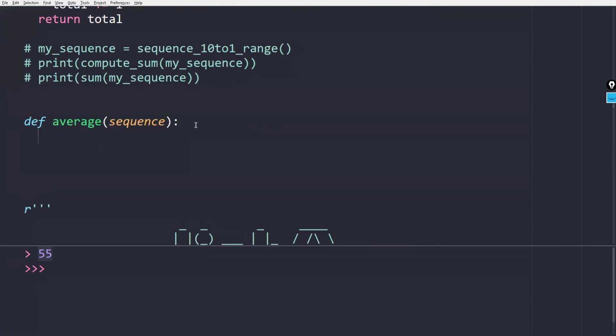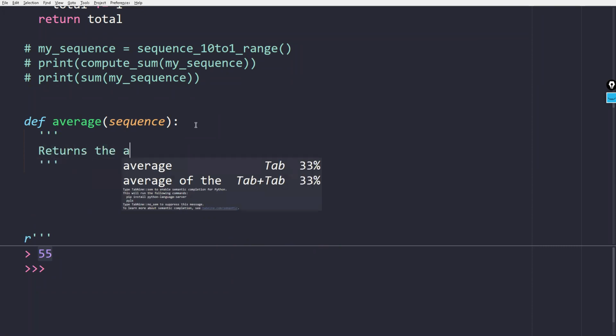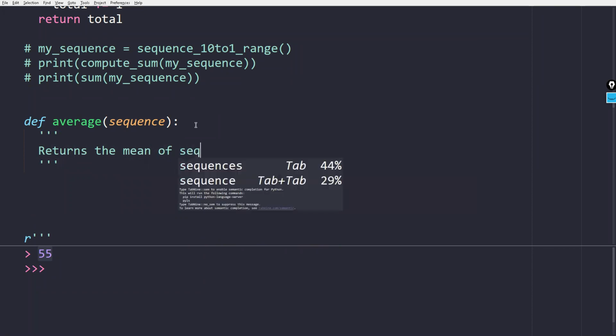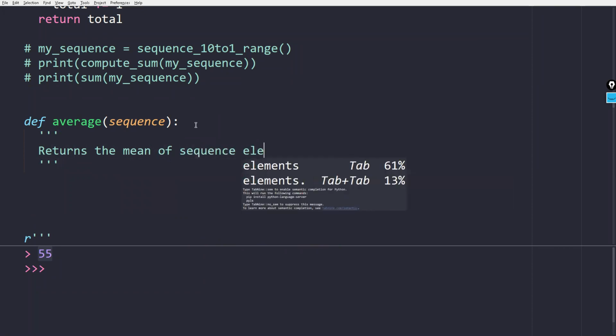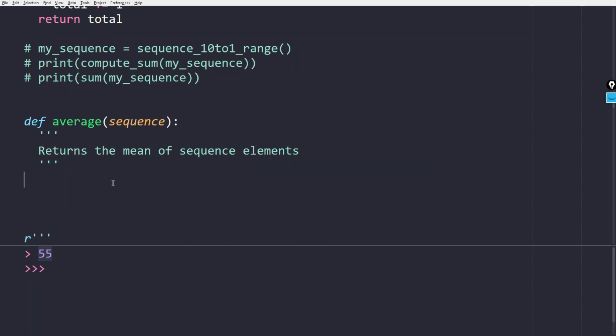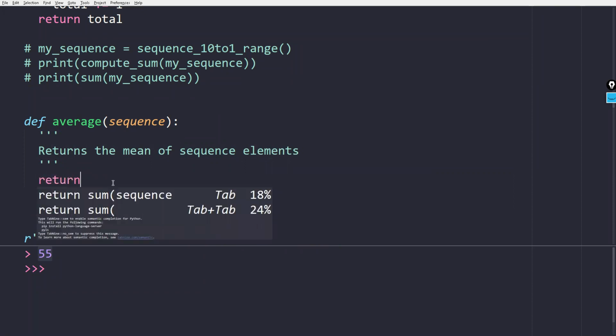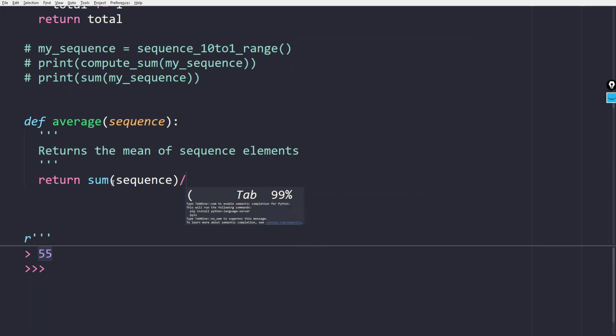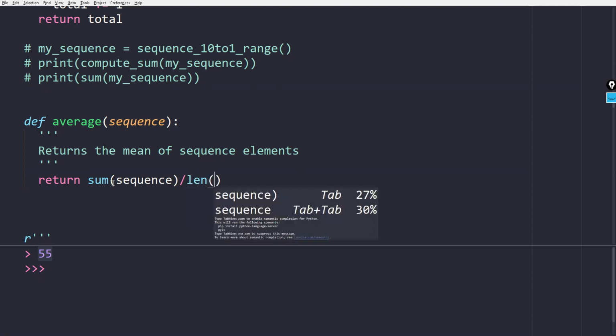So I will simply return. So this computes, okay, returns the average or the mean of sequence elements. And what I will do is simply return first the sum of the sequence divided by the length. Okay, remember that you could also compute the length of a sequence